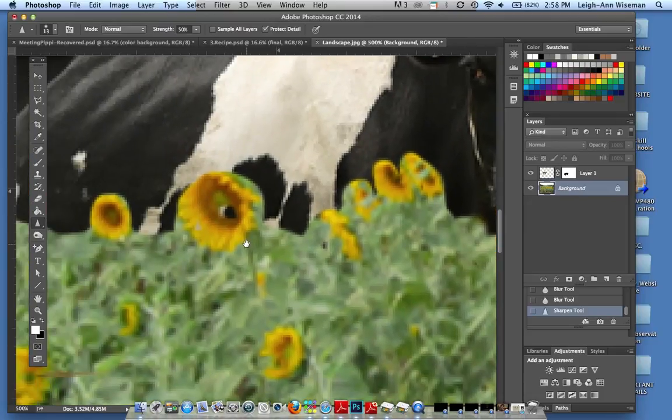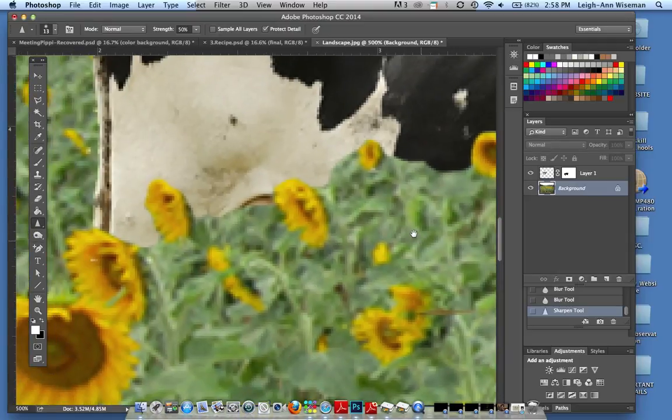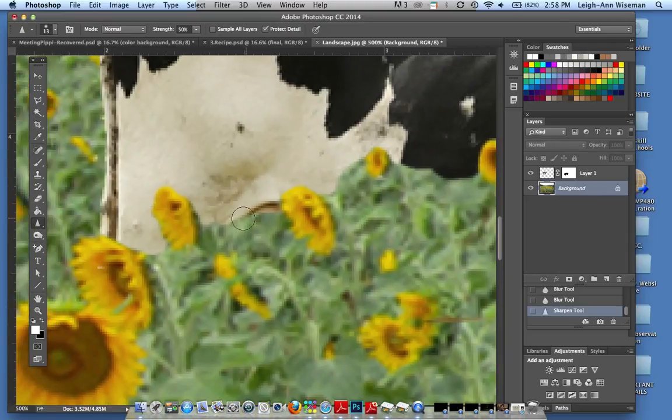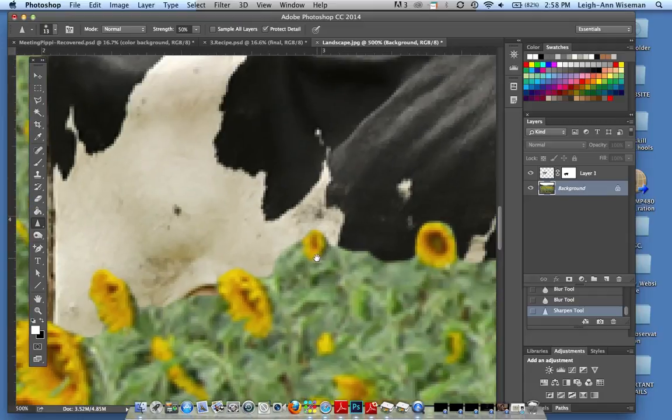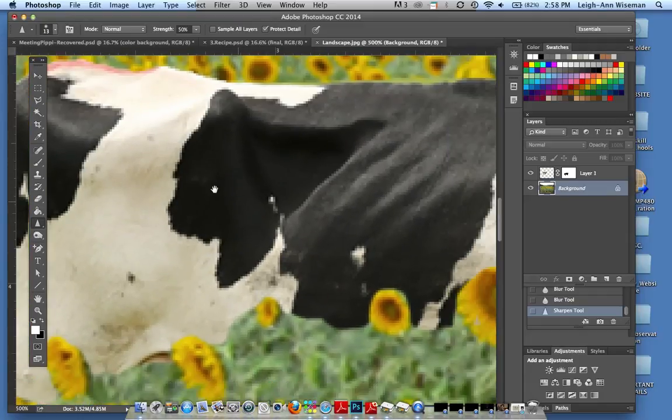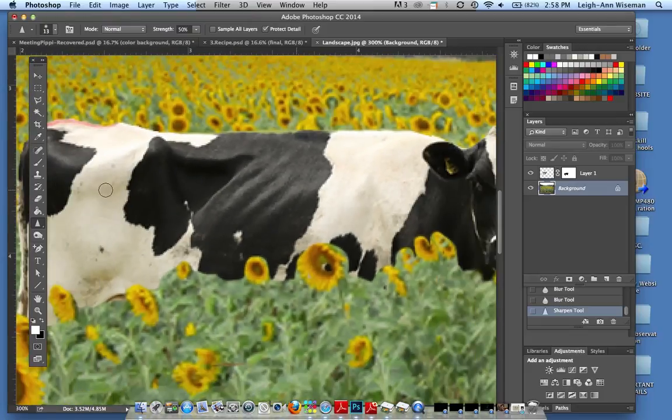The other tool I was going to show you was dodge and burn. You might use this to darken something or lighten something. So let's say I wanted to lighten parts of the cow. Now, I don't know why I would do this right now. I think it's fine, but I would use my dodge tool. Your dodge tool is below your sharpen and blur. So if I go to dodge, it's going to lightly and slowly lighten the object without getting rid of the detail in the object. If I go to burn, it's going to darken parts of the picture while